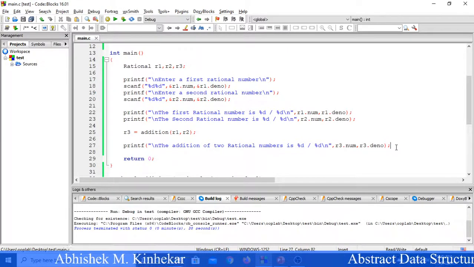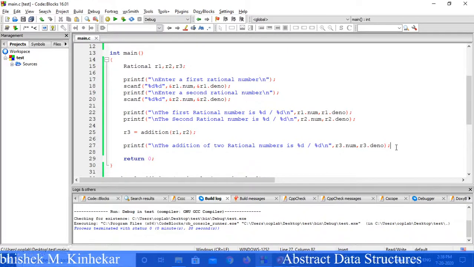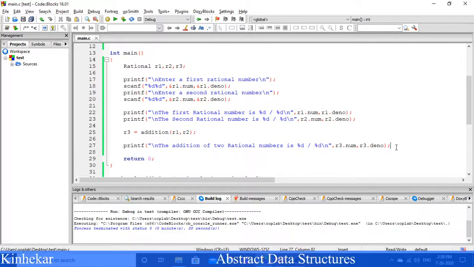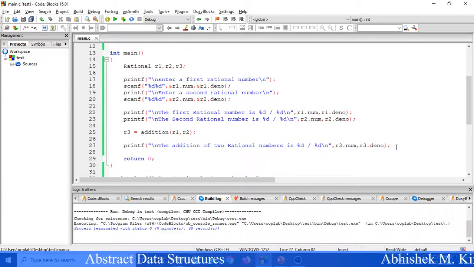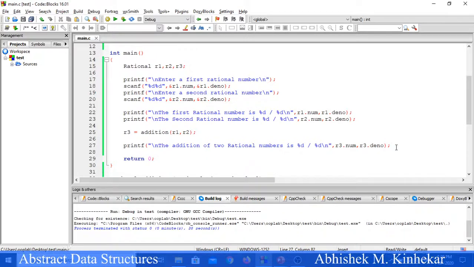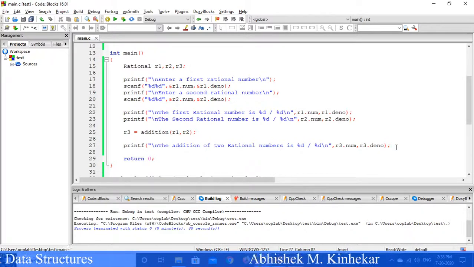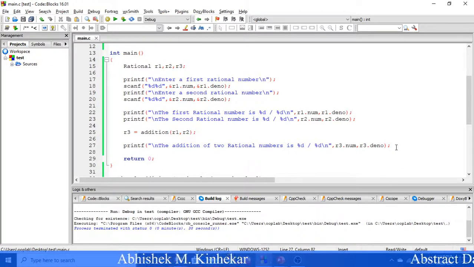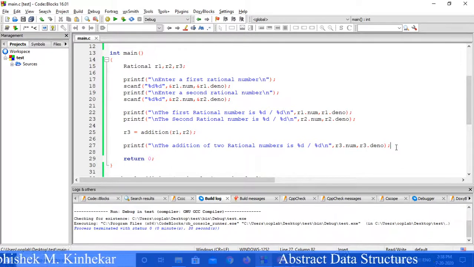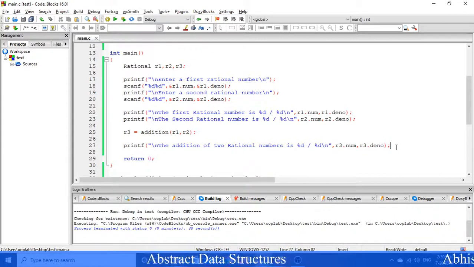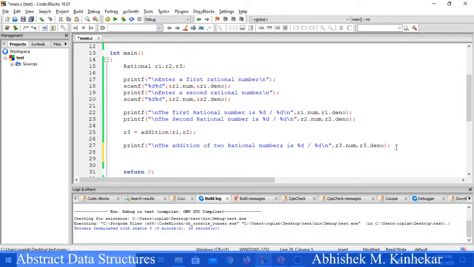Now I can give a call directly over here, or I can use a switch case, wherein the user will have a facility to choose the operation between addition or subtraction, or multiplication, or division, or display, or reduction, or reducing a rational number. So this thing we will be covering in the practical portion. Of course, you are going to write code for the implementation of rational numbers in practicals by writing a switch case to it. But let us just see how things work out simply.